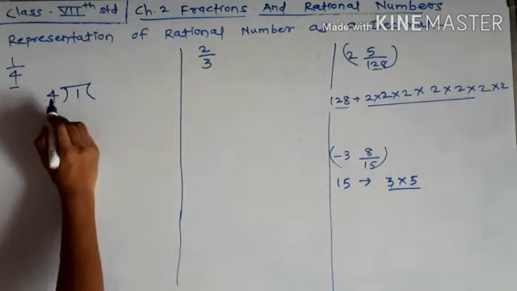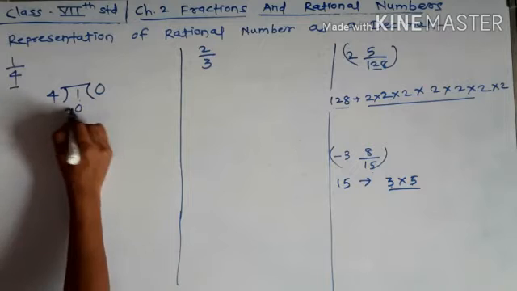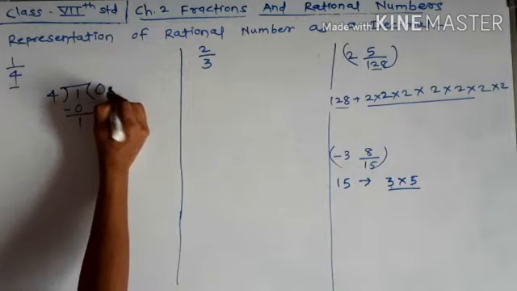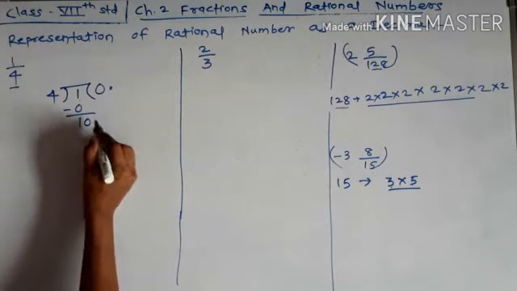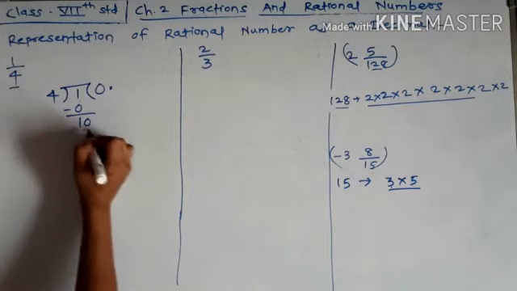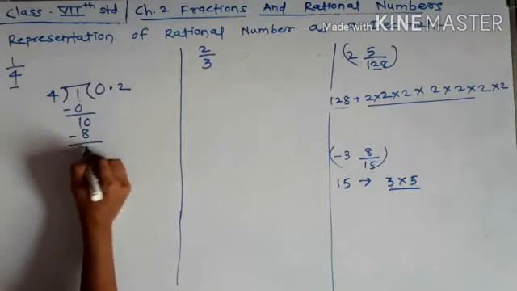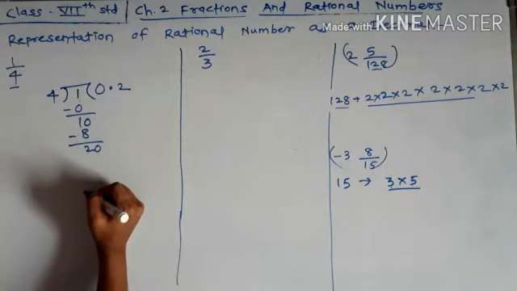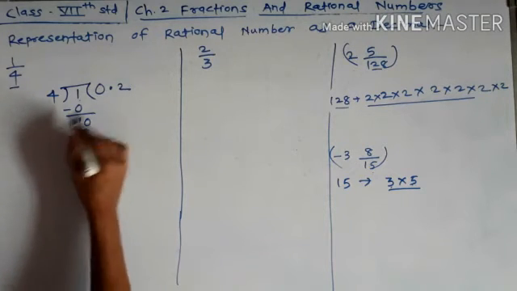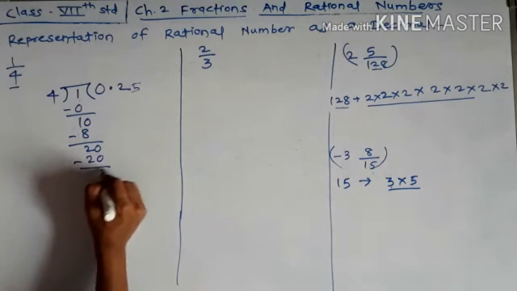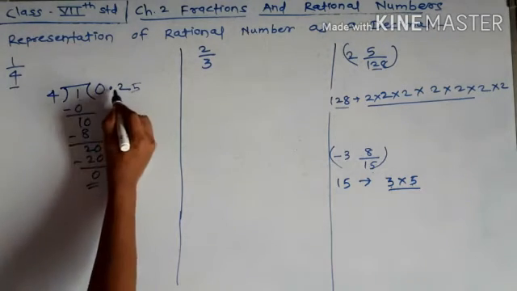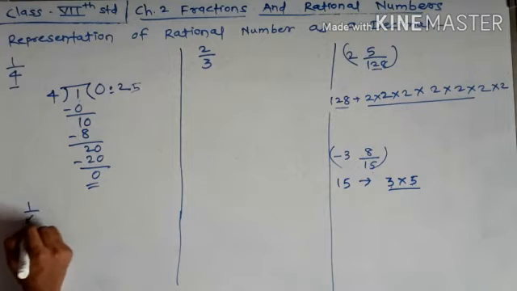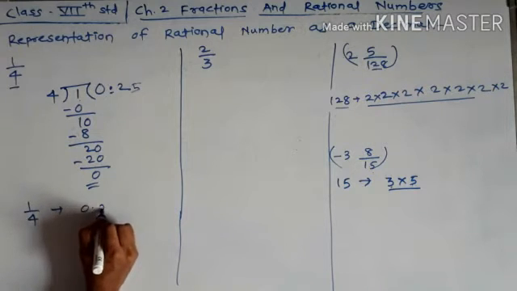Here 1 is smaller than 4, so first we divide it by 4 and get 0, with 1 as a remainder. So we put a point here, then we can take 0 here. Now divide 10 by 4, that is 4 twos are 8, and the remainder is 2, which is again smaller than 4. So by putting this point, we take 0 here again and divide it by 4, that is 4 fives are 20, then we get 0 as a remainder. Here this point is called the decimal point. So the decimal representation of 1 upon 4 is equal to 0.25.